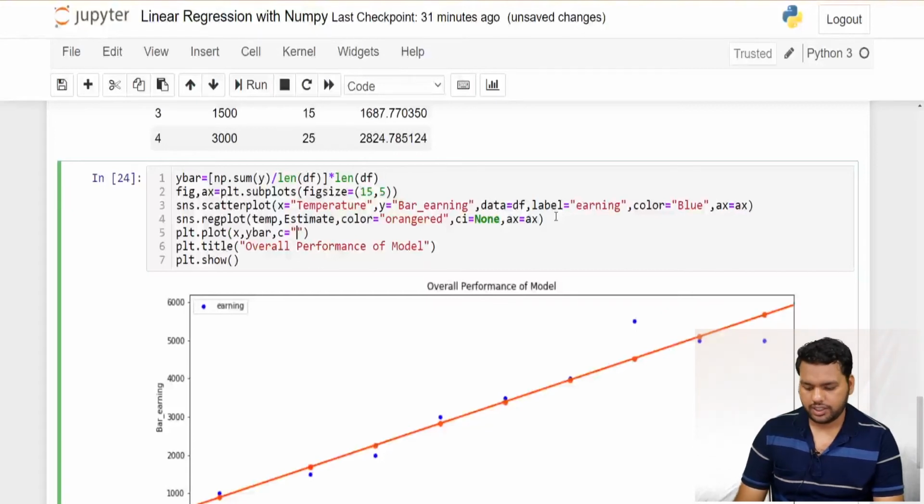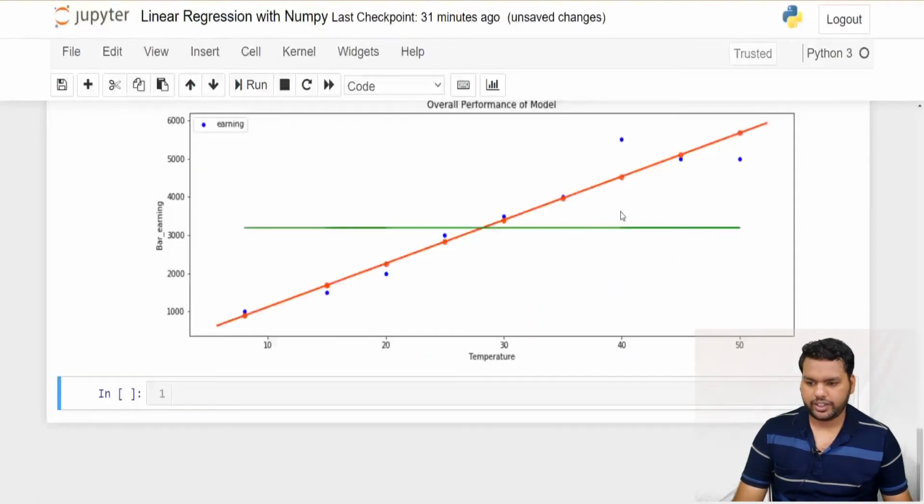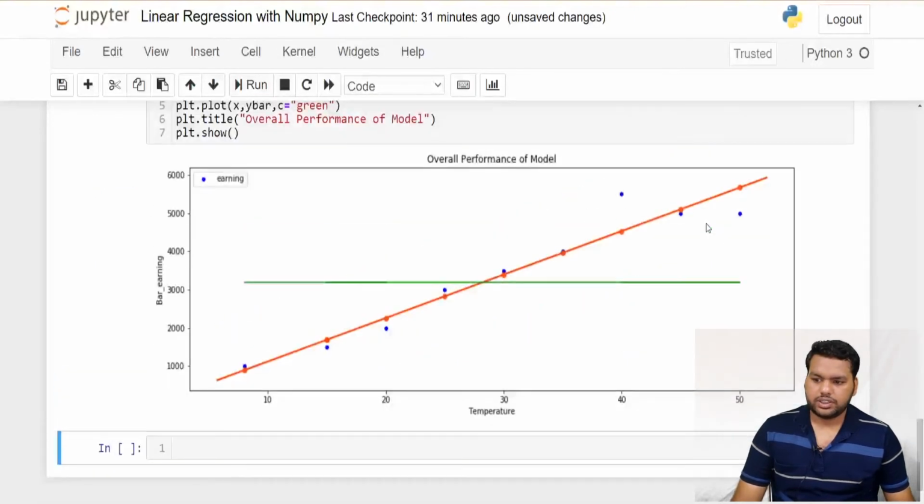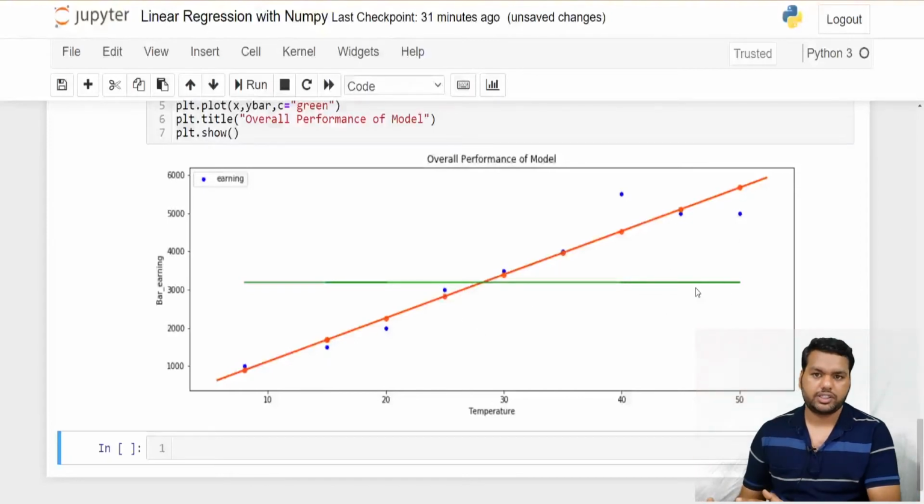We don't need to write the color, we can give here the green, and let's check. Yes, perfect. So this is actually our performance, how the model is behaving, from how the temperature has variation in the bar earning, we will calculate from here.